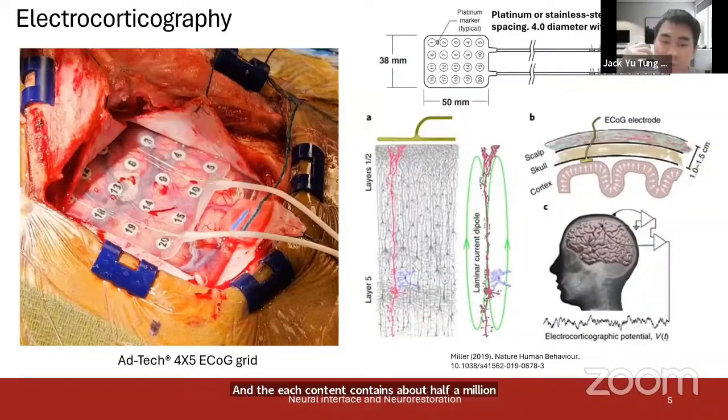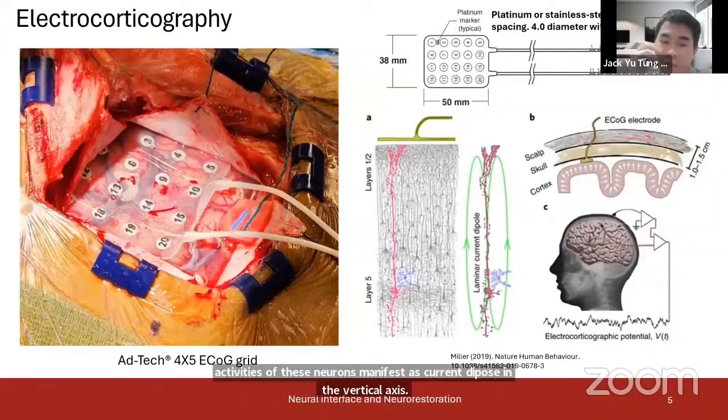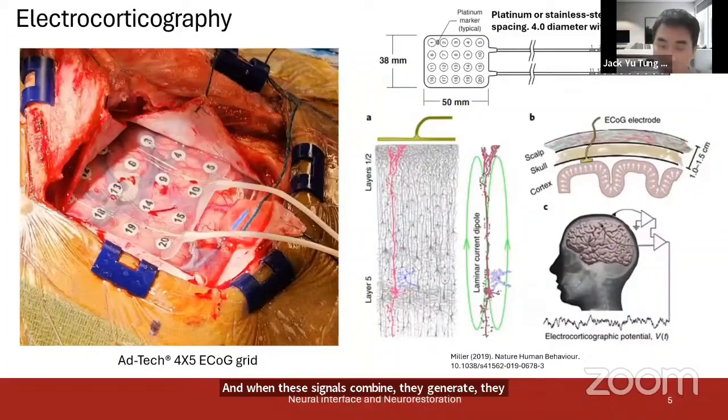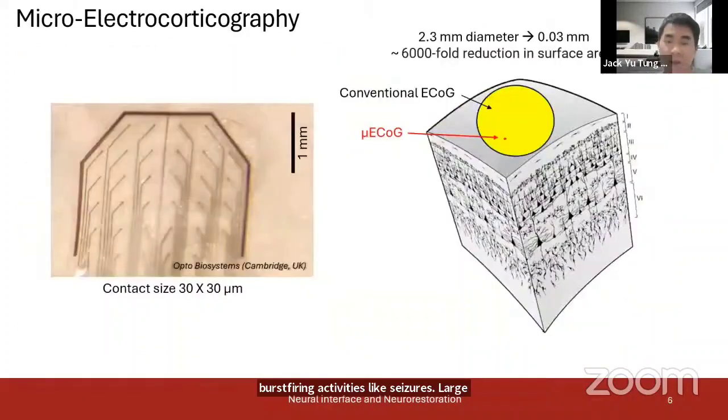And the activities of these neurons manifest as current dipoles in the vertical axis. And when these signals combine, they generate an ECOG potential that can be measured at the surface of the brain. And for detection of large amplitude, synchronous burst firing activities like seizures, large conventional ECOG arrays like this are sufficient for that purpose. And on the other hand,